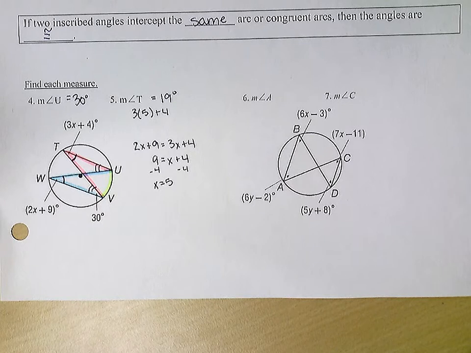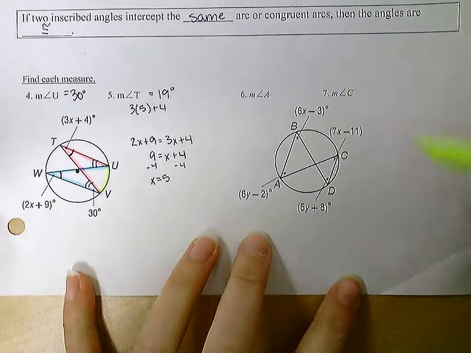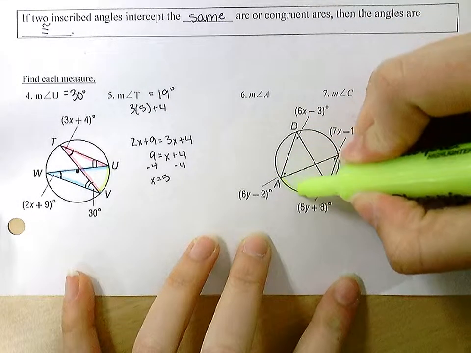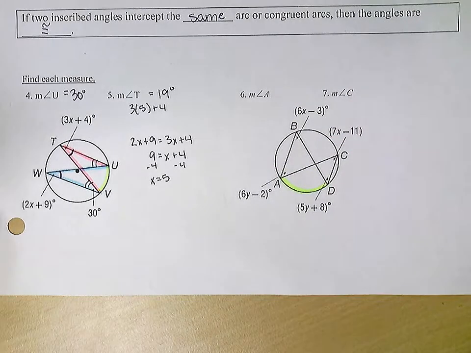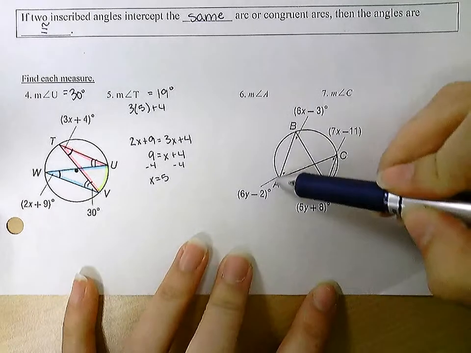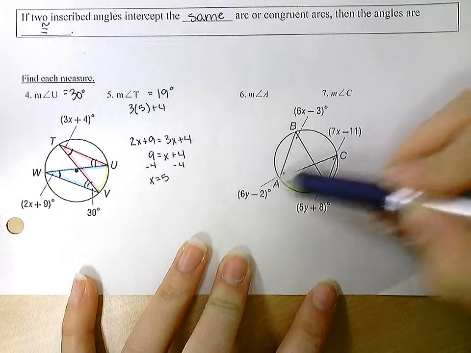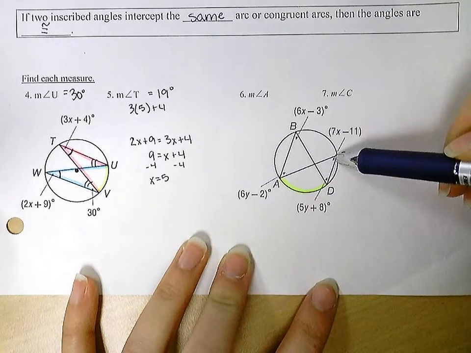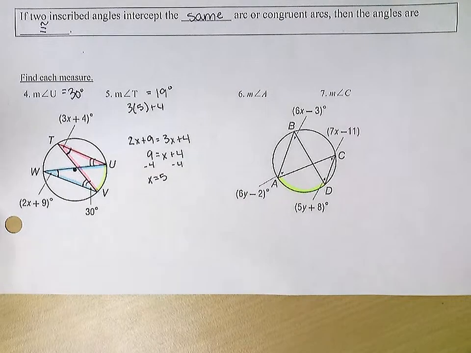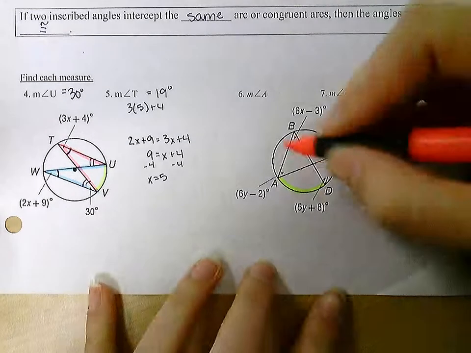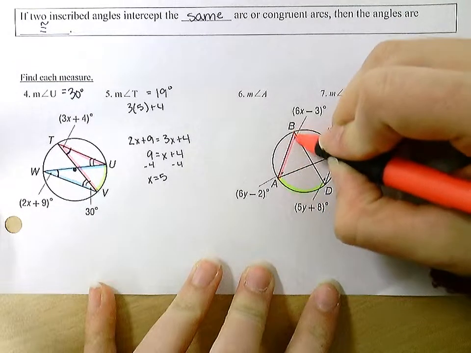All right, looking at numbers 6 and 7, if I look at arc AD, this arc right here, I want to look at the inscribed angles. So my inscribed angles right now are this one, this one, this one, and this one. So if I look at arc AD, looking at the angles that intercept that arc,